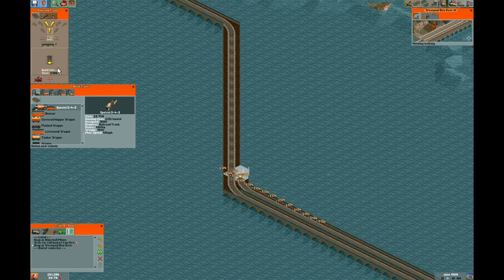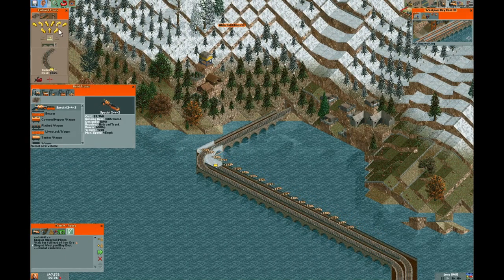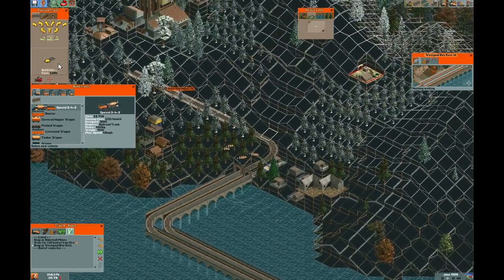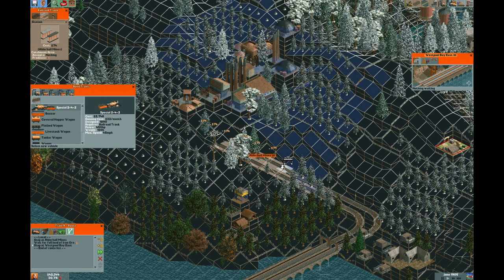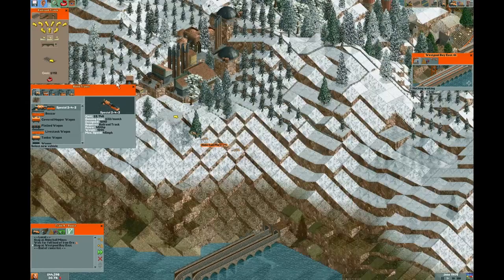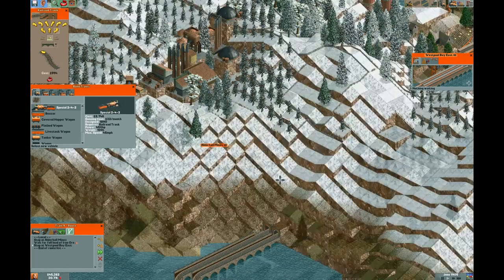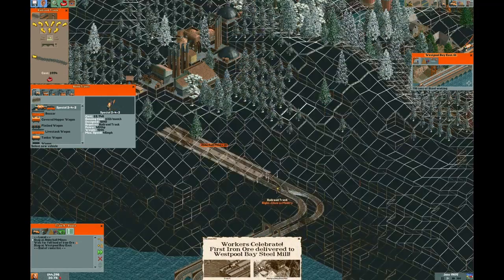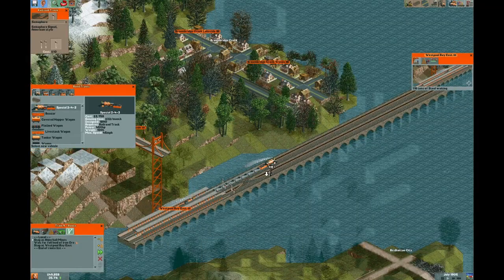Getting this supply chain going is probably going to be what breaks it open for us. I think that will work, and if it doesn't, well... So the train just arrived. And of course it's going the wrong way, so...